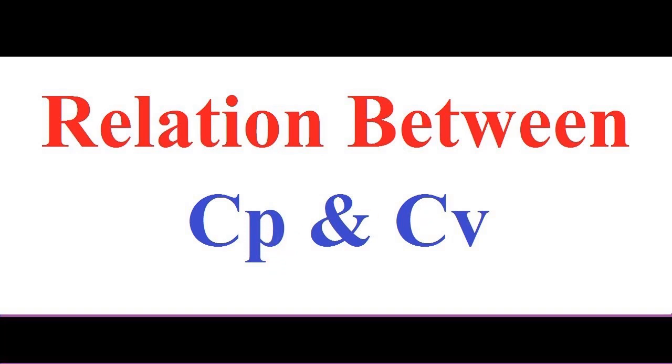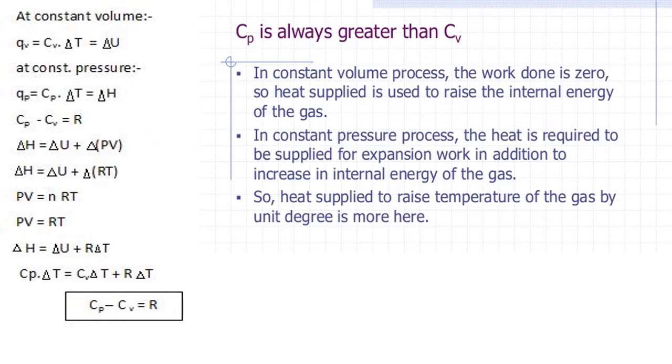What is Cv? Heat capacity at constant volume. So what relation is there between the heat capacity at constant pressure and heat capacity at constant volume? Now, heat capacity at constant volume is equal to, using the previous formula, Cv into delta T. So that is nothing but what? That is a change in the internal energy, delta U. Because there is no change in the volume. Whatever heat is supplied, that is a change in internal energy. That's why it is called delta U.